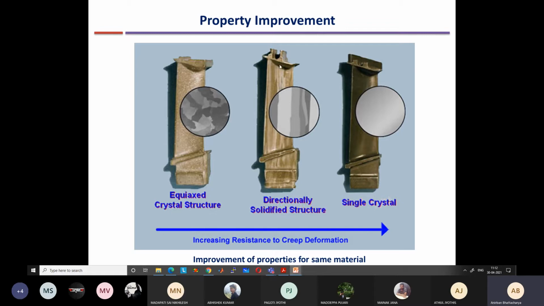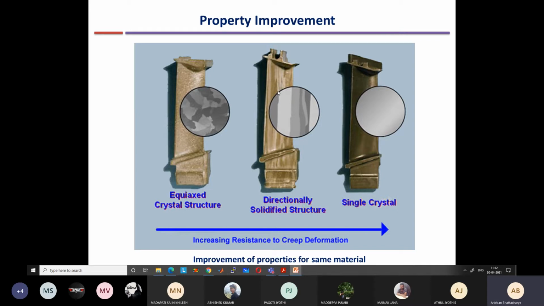This is very harmful because the tip of the turbine blade may strike the casing, and this may lead to catastrophic failure of the turbine. So the temperature is limited by the creep resistance of the material, and by modifying the microstructure we can increase the creep resistance significantly. So this was a big achievement when it was discovered a few decades back. Nowadays all the large turbine blades are made using directional solidification.